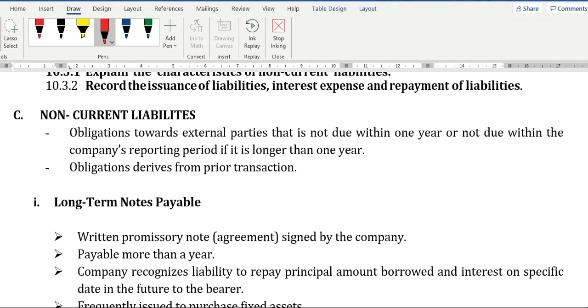Okay, now we're gonna go through our non-current liabilities. As we all know, non-current liabilities are also obligations towards external parties, but they are not due within 1 year, right? And the obligation also derives from a prior transaction. Okay, the first